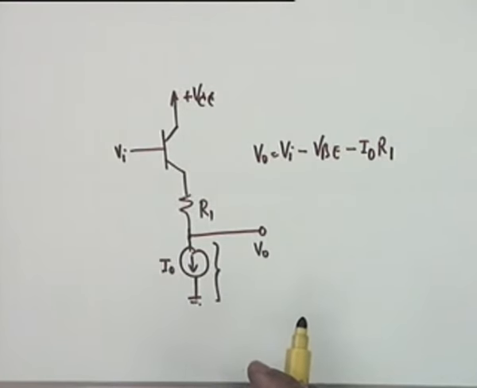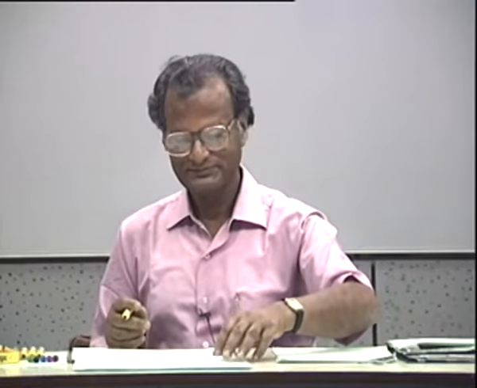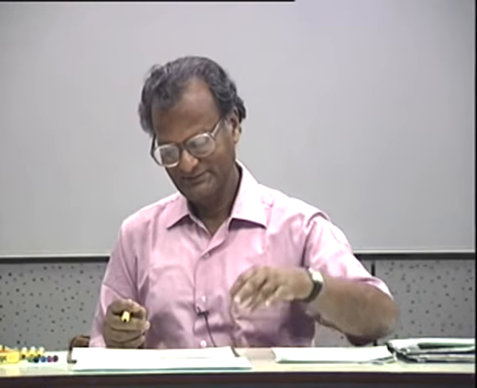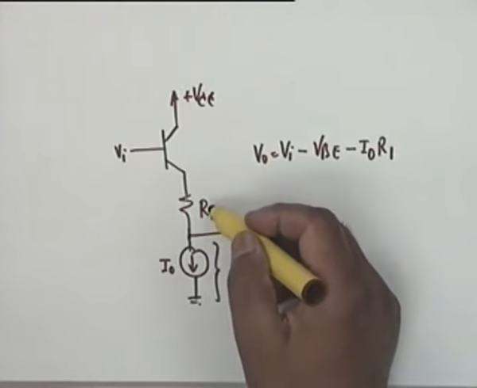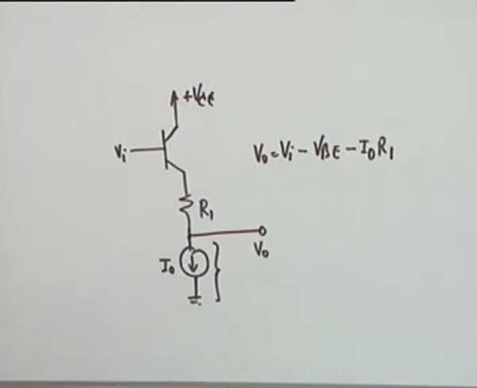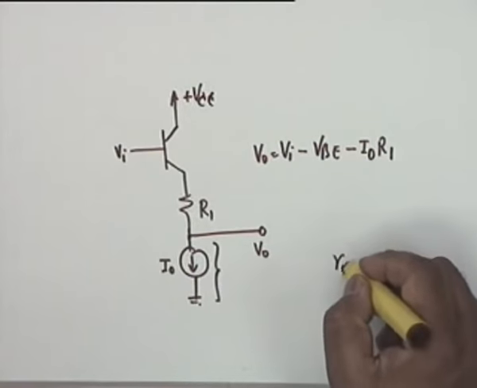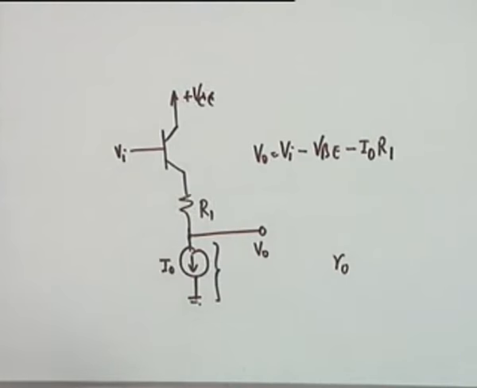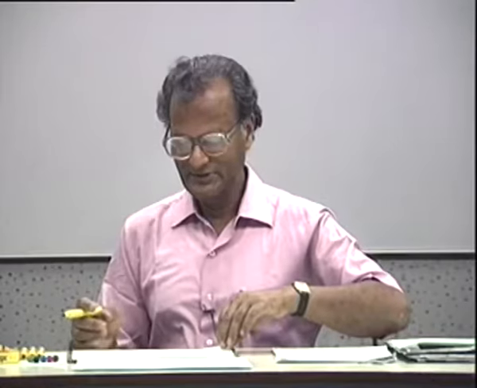Another technique that is used: if you use a current source for this, an active load, it has a finite impedance. Finite, but if that is large compared to R1, the minimum that you expect is R0, and R0 is of the order of 100K. Use this as 500 ohm. There is no problem.